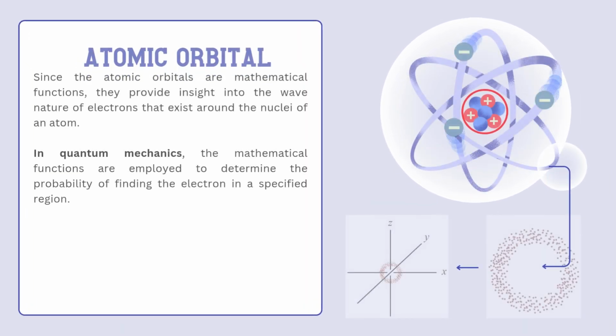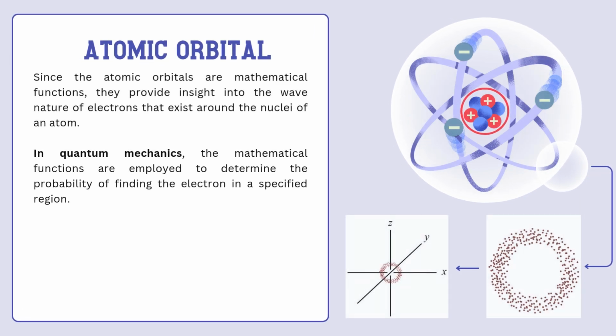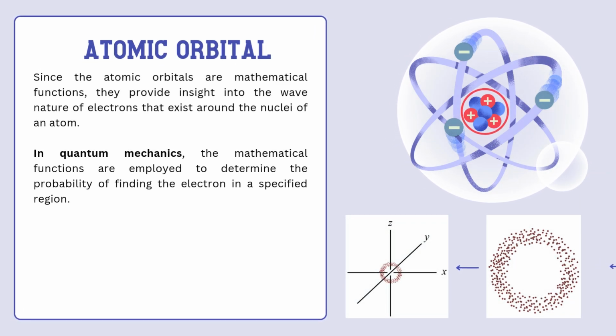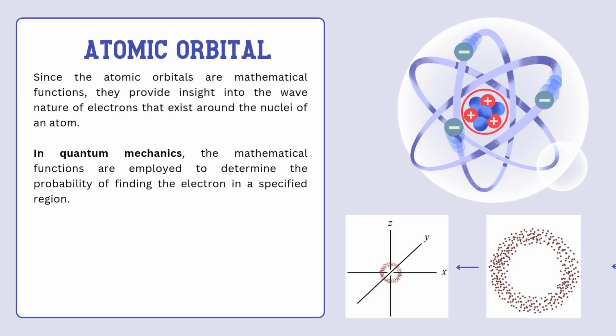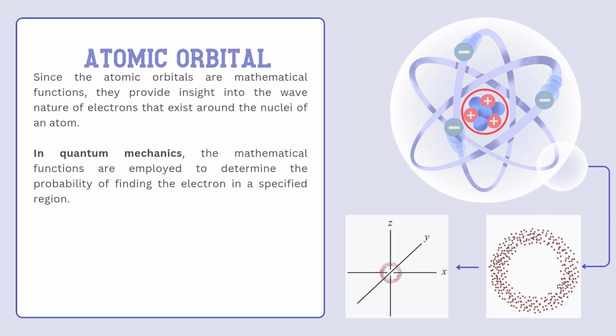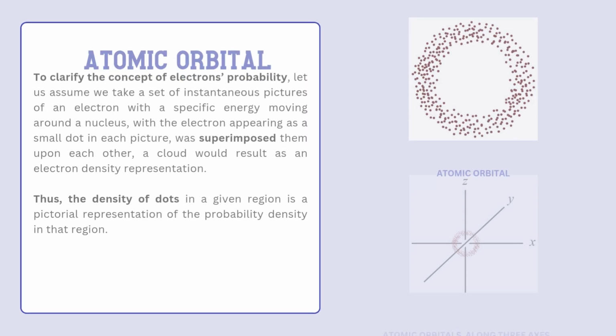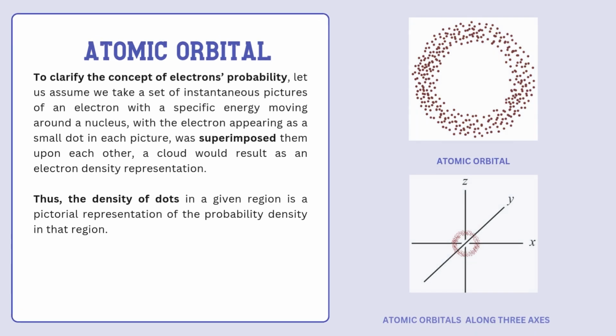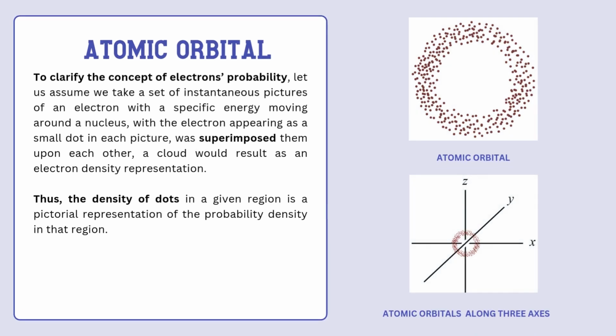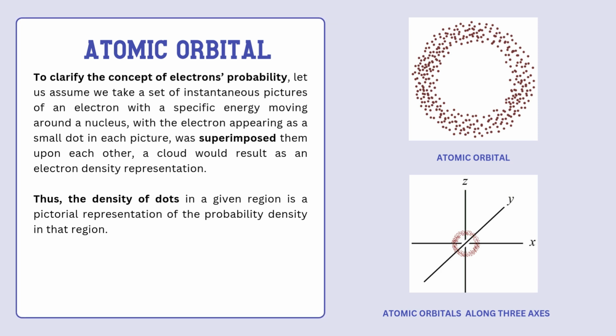Since the atomic orbitals are mathematical functions, they provide insight into the wave nature of electrons that exist around the nuclei of an atom. In quantum mechanics, the mathematical functions are employed to determine the probability of finding the electron in a specified region. To clarify the concept of electrons' probability, let us assume we take a set of instantaneous pictures of an electron with a specific energy moving around a nucleus, with the electron appearing as a small dot